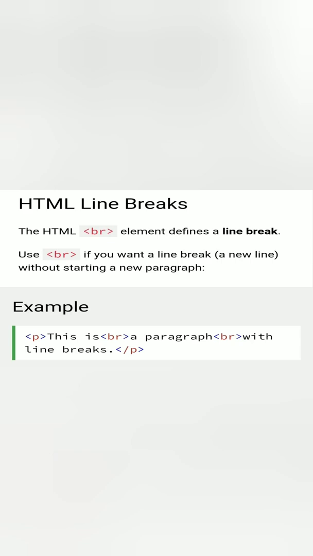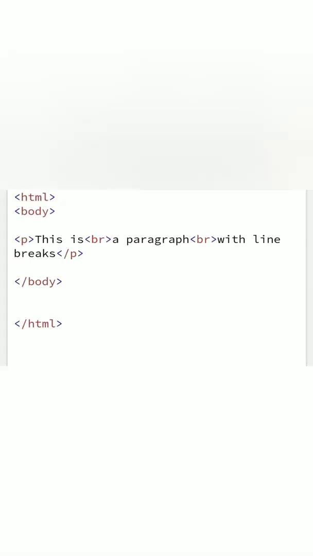How do we write the BR tag? See here. After this, I want a paragraph in another line, then the line break in another line. So how do we do that? Please see that. I write the code in the body element, that is the paragraph tag. This is, after that the BR tag is here. Why do we write the BR tag here? Because we want the paragraph to be in the next line. Again, BR means the line break is in another line. Then close the paragraph. I will show you the output of this code.